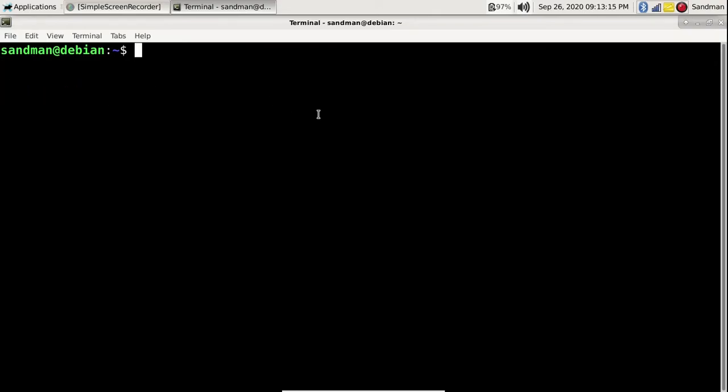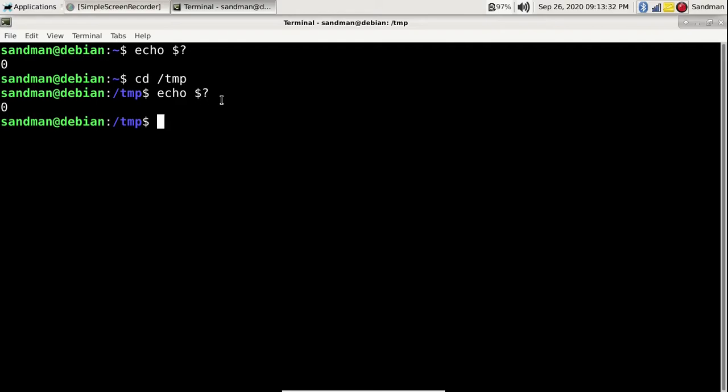Next we have this special symbol, dollar question mark. This basically returns the return value of the previous command that was executed. So let me try this. CD temp. I know this is successful. So this previous command returned a value of 0. We can say the true value or return value in case of success of a CD is 0.